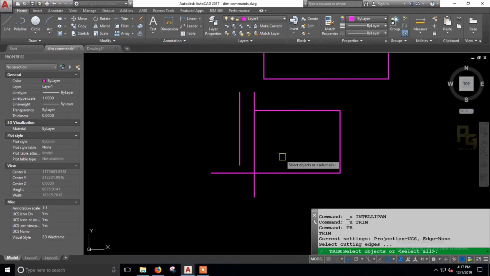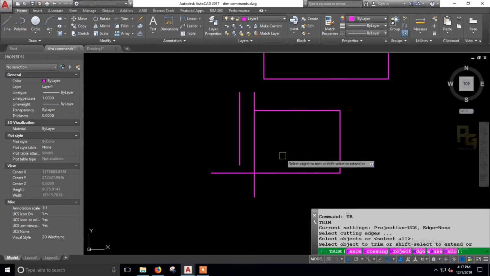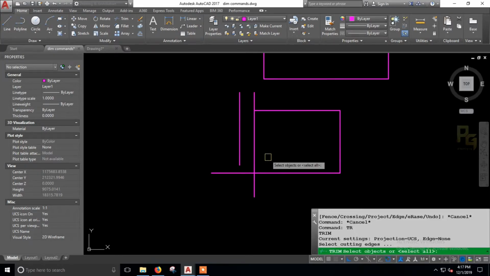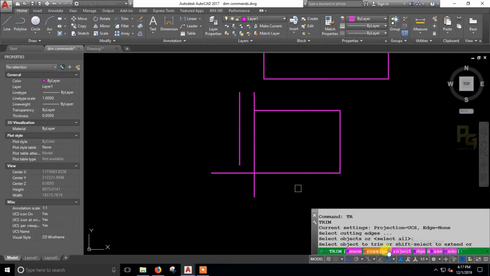So I'm entering the trim command again. Once I have entered it, you need to press enter again to see the options over here like fence, crossing, project, edge, erase, undo, like this.